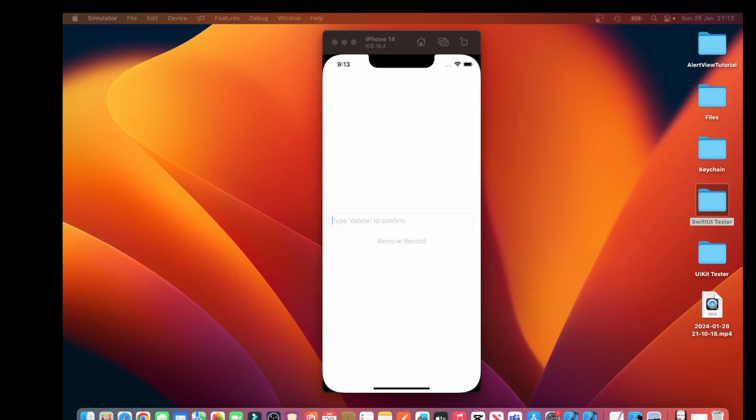In part 2 of this video, we'll be implementing the content view to house the custom alert view, so that when we put the custom alert view within the content view, the custom alert view is displayed and reusable within the content view. As we did last week, this is how the application feature will work. We type in delete,